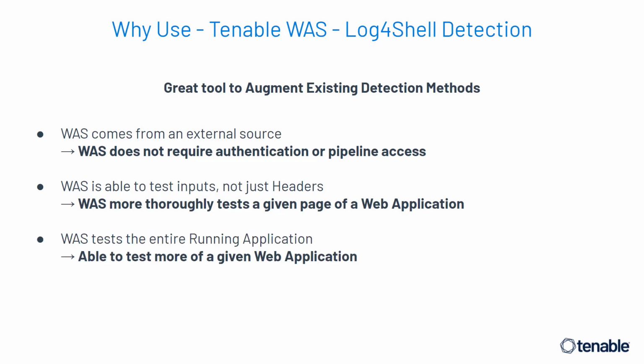The last important concept to remember is that because Tenable WAS is scanning the running application, it's able to test the full application logic and structure. Think about it this way. If you're testing your application's code or performing SCA, software composition analysis, in your developer's pipelines, is that really the entire application? You generally do not have a software bill of materials for components you do not make yourself, such as the application relying on cloud infrastructure.